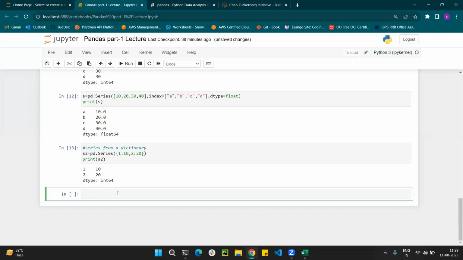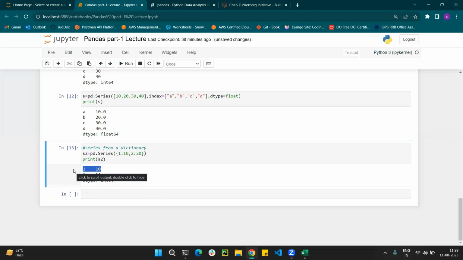In my next video I will show you how to replace a particular value with another value. Let's say here is index number 0. What value is coming here? Index 0 equals 10 and index 1 equals 20, because in Python everything starts with zero.